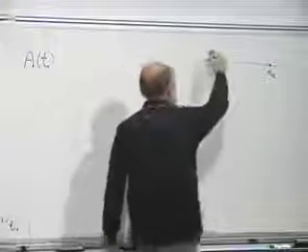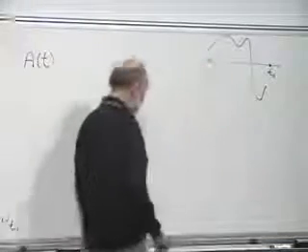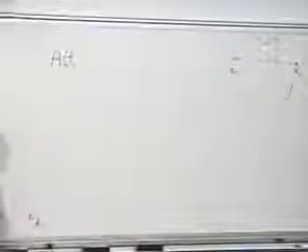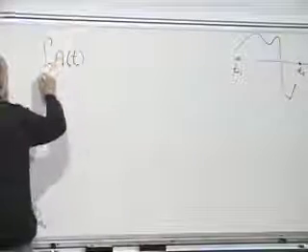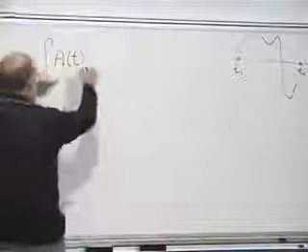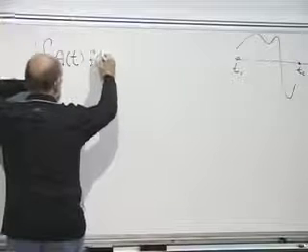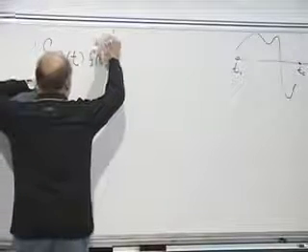A of t is some function on the interval. Here's what I know about it. I know that when it's integrated with any other function, f of t, when you multiply it by any function of t, this can be any function.